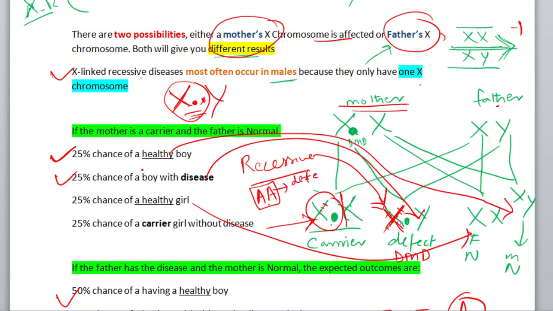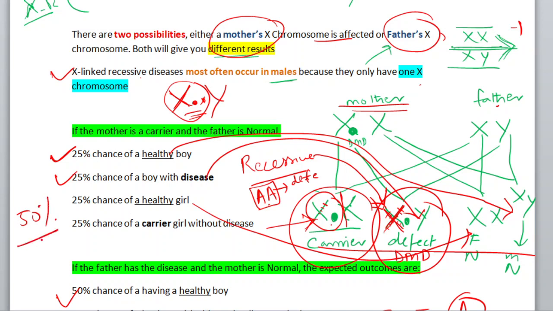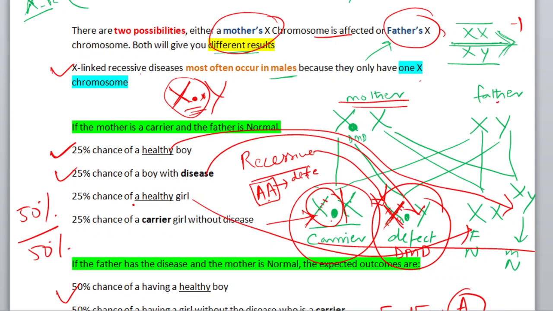Here also you can get many statements. They can ask you overall how many percent are carriers, then you will say 25%. If they ask how many are defective, you can say 25%, and the defective one is male. And if they ask only about the males, you will say 50% defective and 50% of the males are normal. Let me draw this